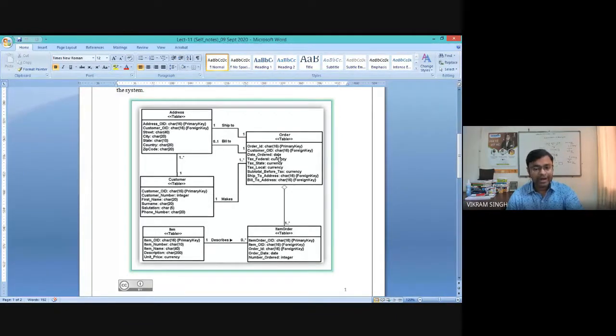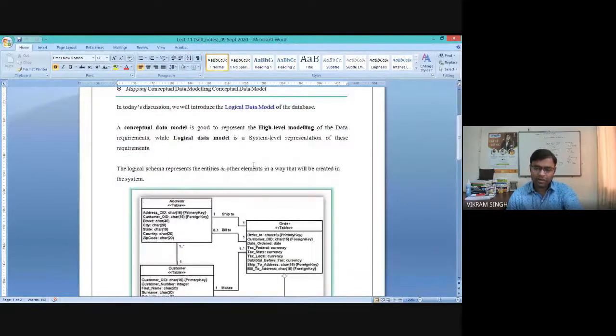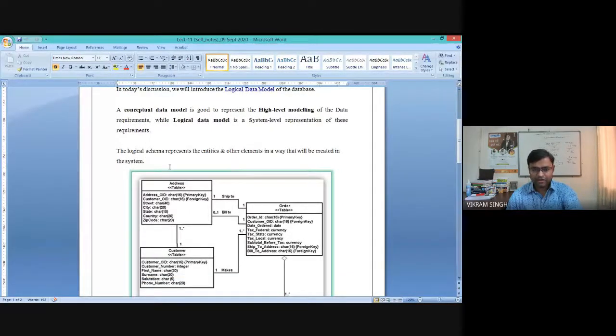So from the ER diagram, which is a conceptual schema, we can get an intermediate representation of the data requirements in the form of logical data modeling, right? It is often referred to as logical data modeling, or a logical data schema, logical schema. You can use any term.